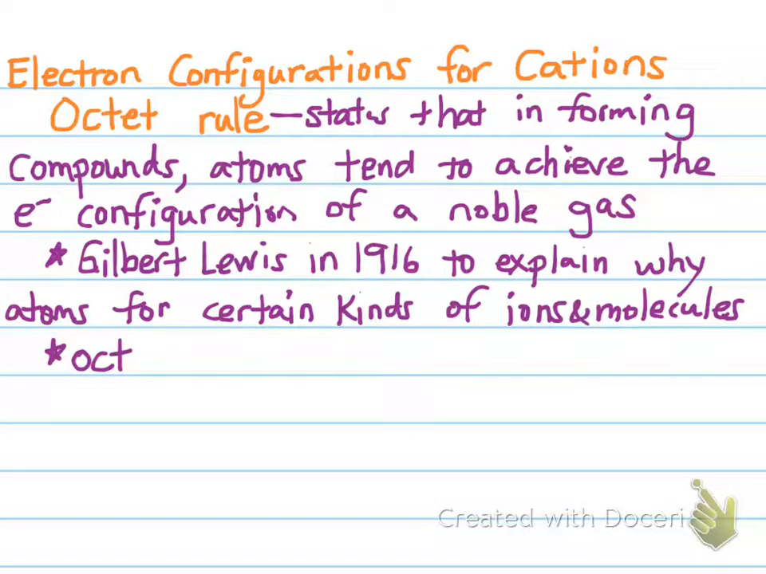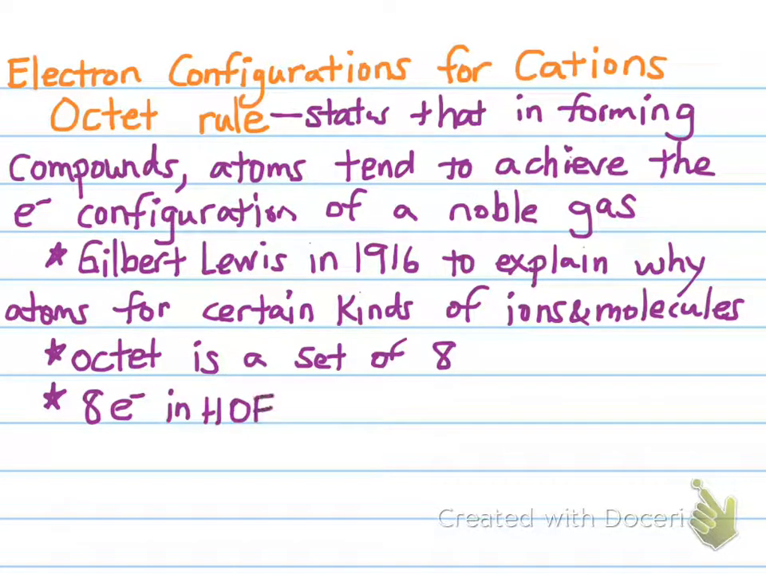Right? An octopus has 8 legs. An octet is a set of 8. So specifically, the octet rule is saying that there are 8 electrons in the highest occupied energy level, and the electron configuration is